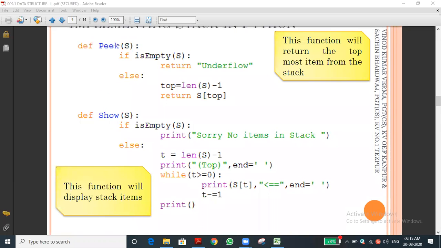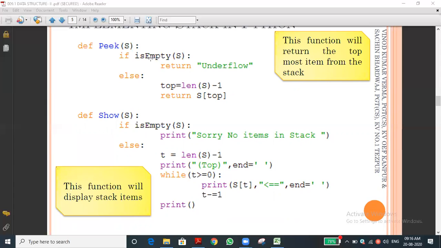You can see again, in the peak function, if is empty of s, it is calling another function, the is empty function. As we already discussed, the is empty function will return true if the stack length is 0, and false if the stack is not 0. Suppose it returns true, what will this peak function return? Underflow, it will return to the main program.